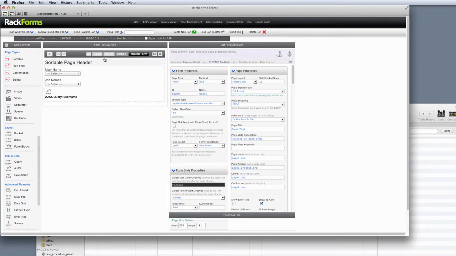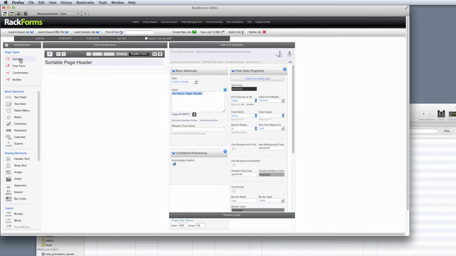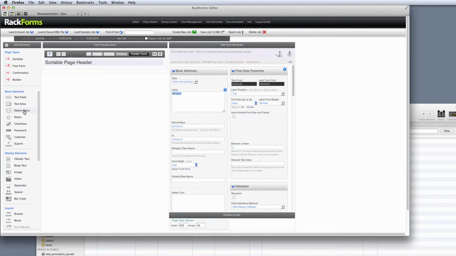So how do we actually build it? Let's just delete this page and start over. So I'm going to add a sortable page, and just as we saw, I had those 2 select items. And let's first name these guys. So I'm going to say